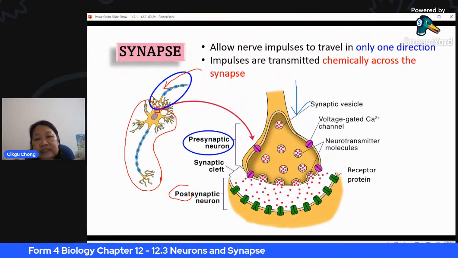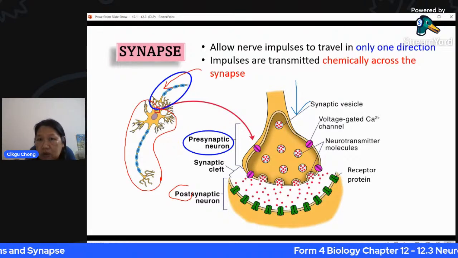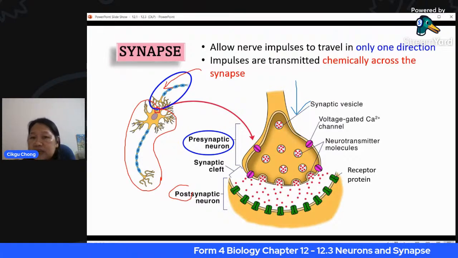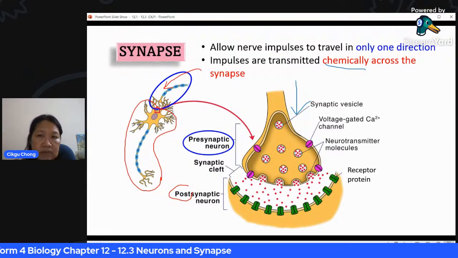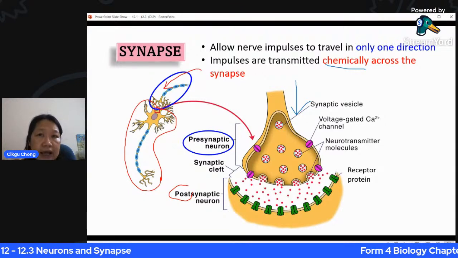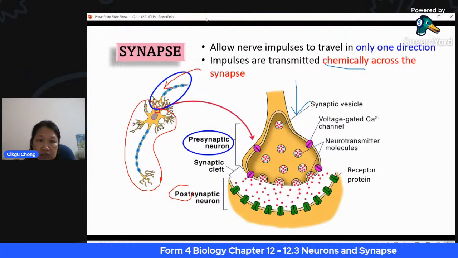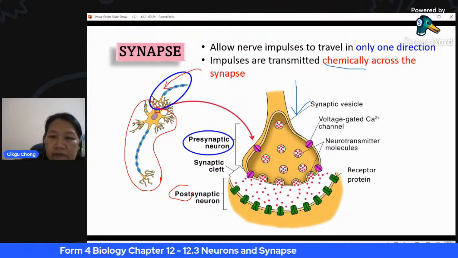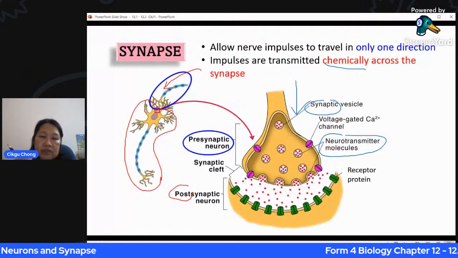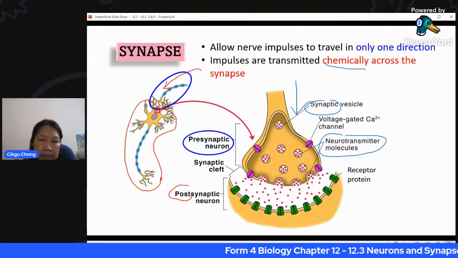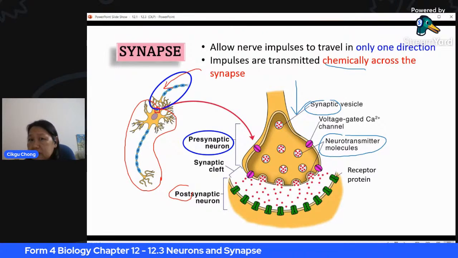When it comes to the synapse, the electrical signal is converted into a chemical signal, so it is transmitted chemically. That means there must be a chemical there. That chemical is found inside the vesicles. At the end of the synaptic knot, there are many vesicles known as synaptic vesicles, and inside them there are